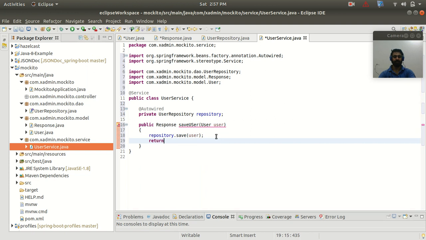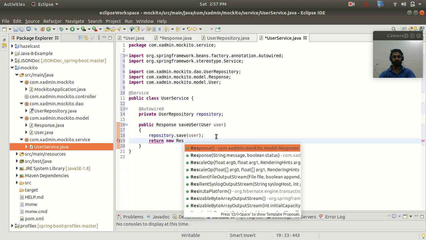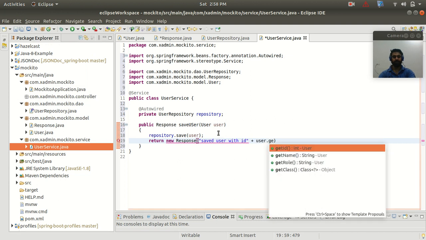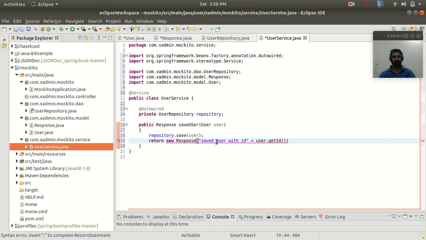And here I want to return a response as my custom response class. So let's create the object of my response class, and in the constructor we need to pass the message and the status. So the message I'm going to keep as "saved user with id", and here I will pass user dot id, taking the id from the get method.